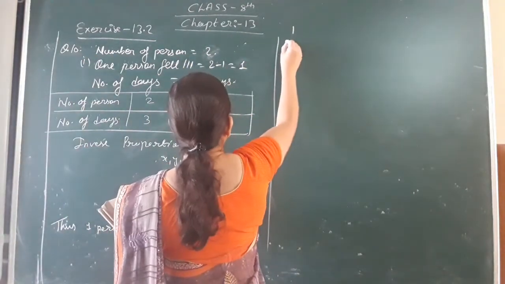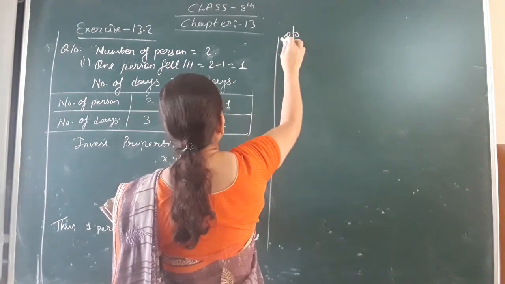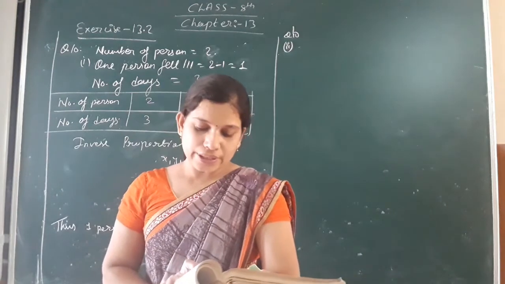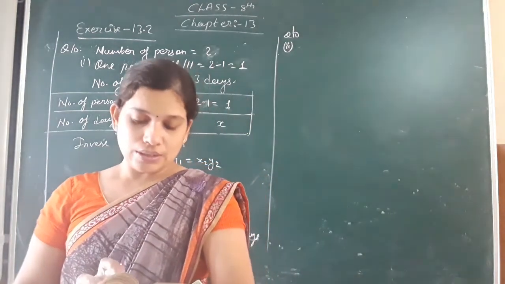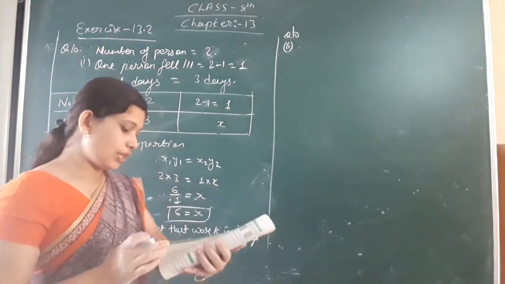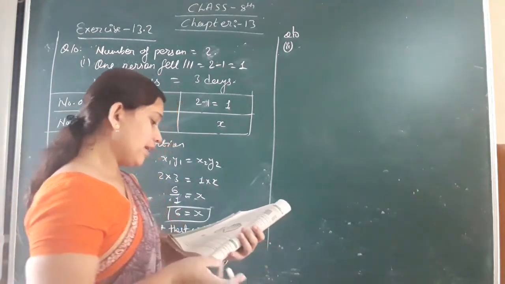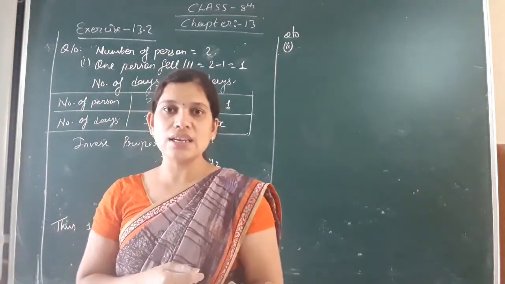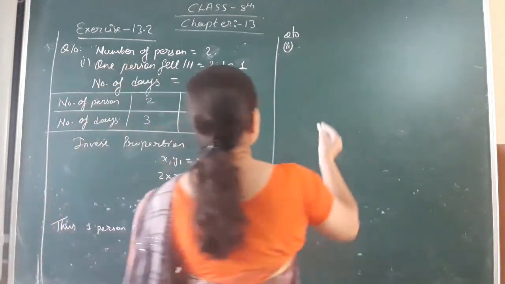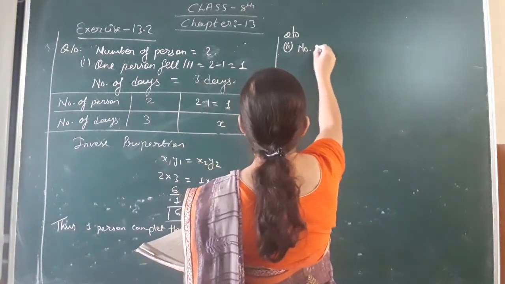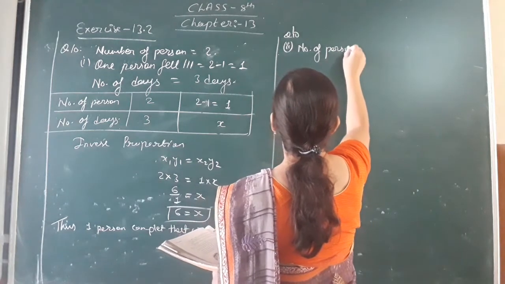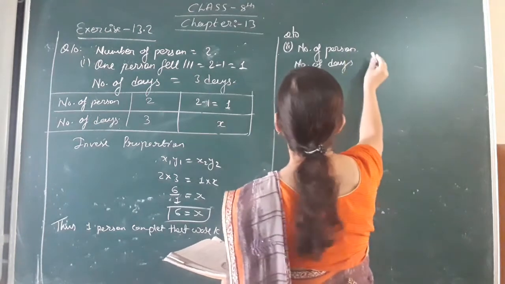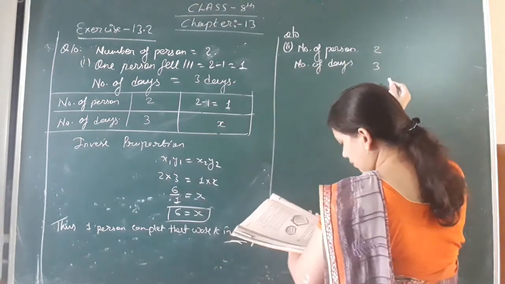again it asks, in the second part of question number 10, how many persons would fit the window in 1 day? It means how many people will be needed to fit the window in one day? If we have to fit the window in one day, then we will increase the number of persons. So here again we will create a table, that is number of persons upon number of days. Okay, so number of persons as well, that 2/3 is there, isn't it?